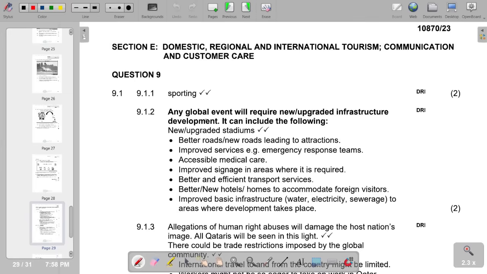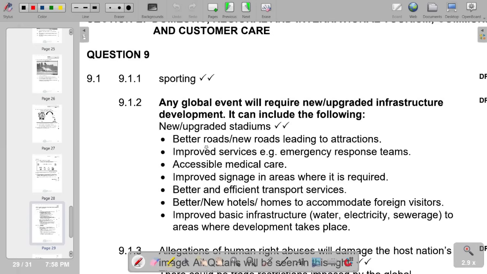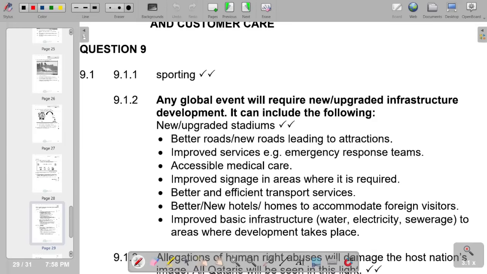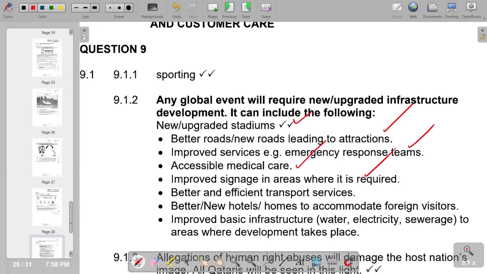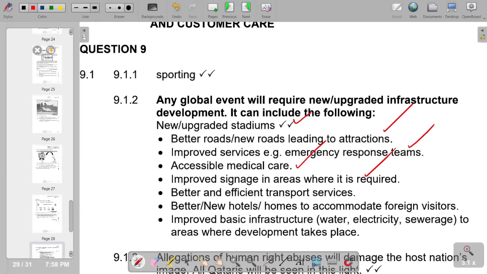So we've got a list of them on this part whereby we are going to have new or upgraded stadiums, better roads or new roads leading to attractions, and then also improved services, for example, emergency response teams, accessible medical care, improved signage in areas where it is required. So these are some of the points that you can include on that part. So on the next question,